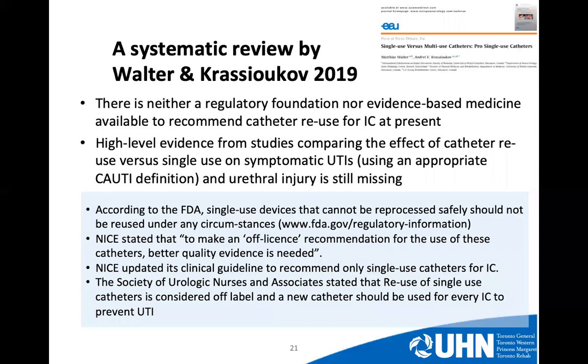I'm going to skip through this, but essentially there have been systematic reviews, even here in Canada, showing that it's very hard to make an argument to reuse catheters versus single use, because they just lack the proper comparative studies. What's interesting in the blue is that when you look at regulatory agencies, if you look at the FDA, they